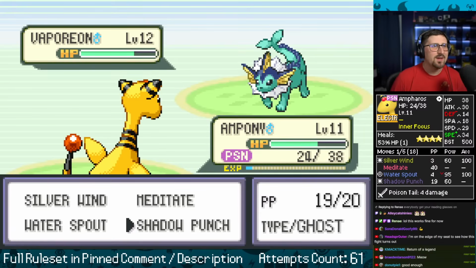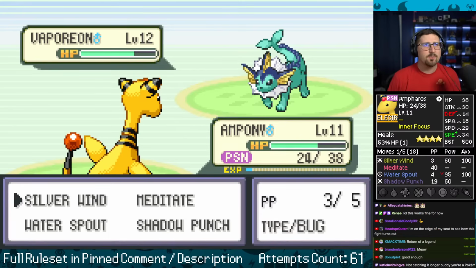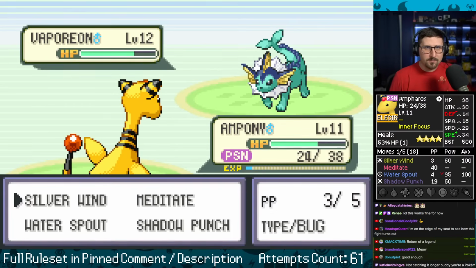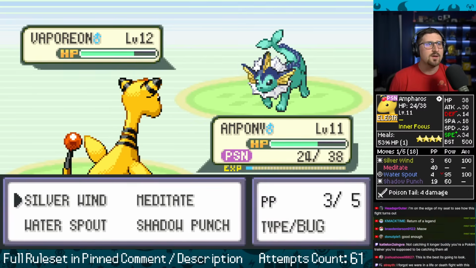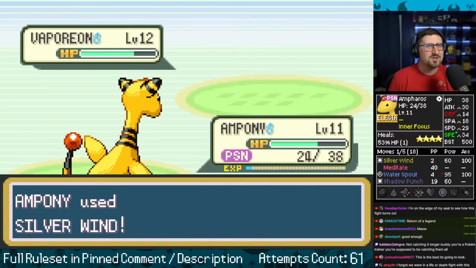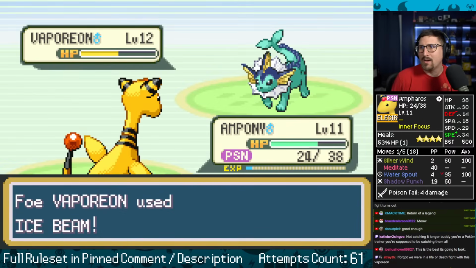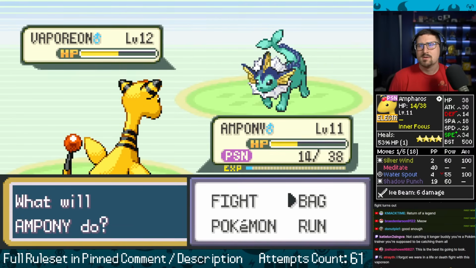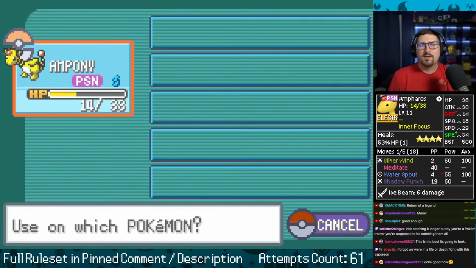We'll figure it out. I wanted to do another Silver Wind, another move, and then I'm probably using the potion. Hopefully I'm able to beat this Vaporeon down in time to use the antidote or lava cookie or whatever, then run back and heal. I think we can survive. If we get another Omni boost on the Silver Wind, that would be extra, extra good. Oh, Jesus, Ice Beam? My special defense is... Oh, no, it's fine. Okay. Yeah, I think we potion now. I don't want to, but I think that's our best play.